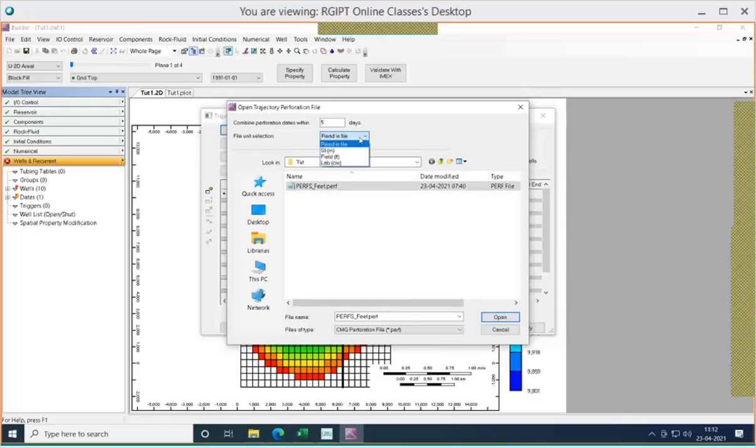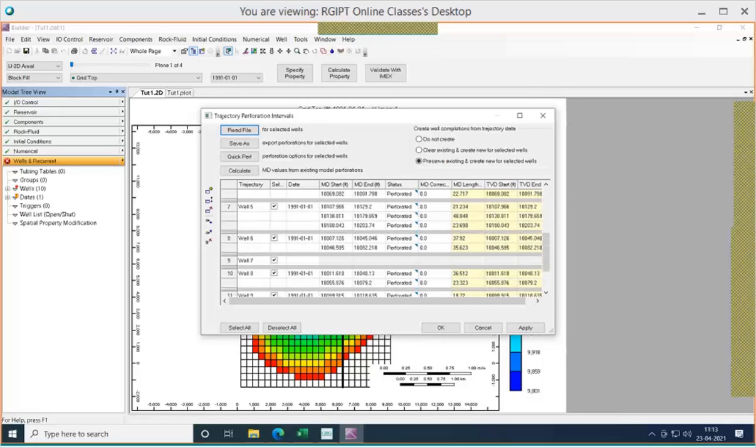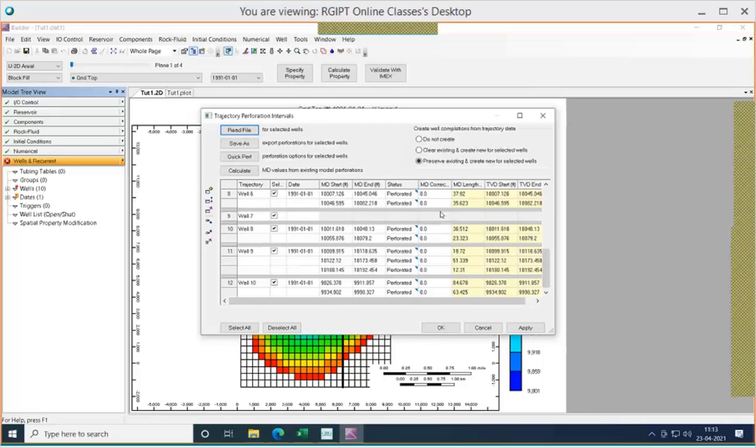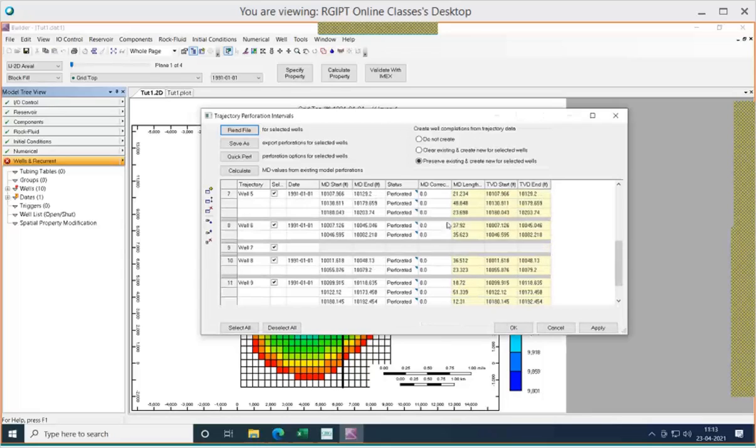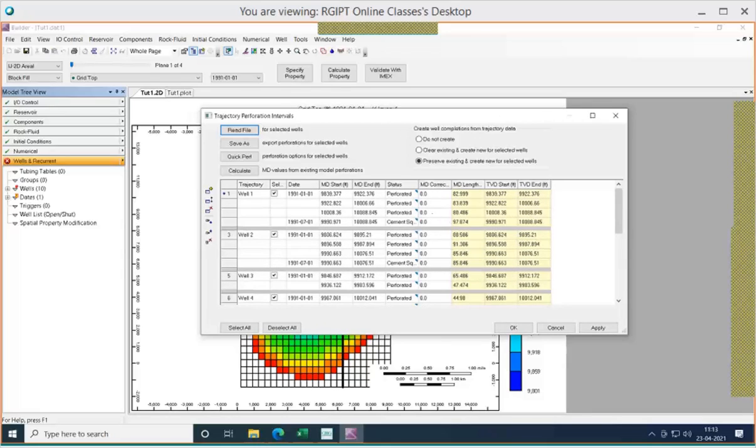In our case, the field unit, feet, is there. So we have selected that, and selected the file and opened it. So all this table has been selected from the file.